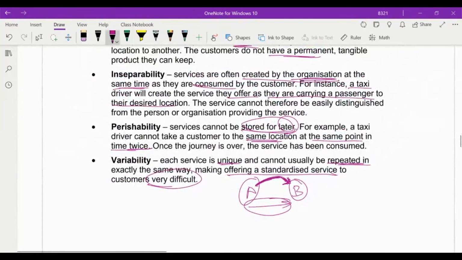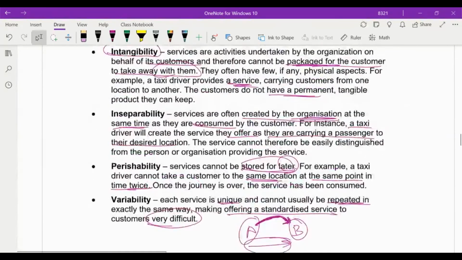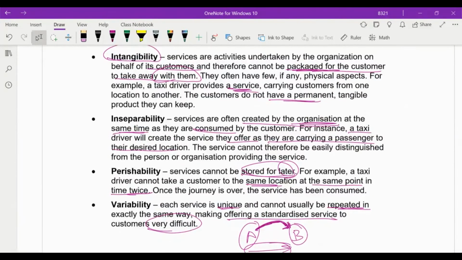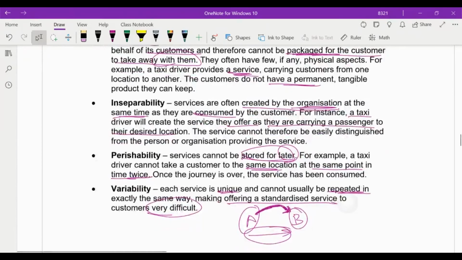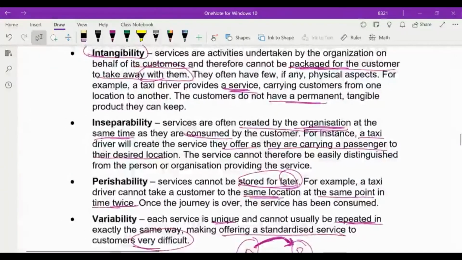No doubt with extensive effort, replication is possible, but it is not generally the exact replication. No two burgers which you eat at McDonald's will be the same, okay? There will be slight differences, even if they are very well set up with the replication process. So services usually have these four